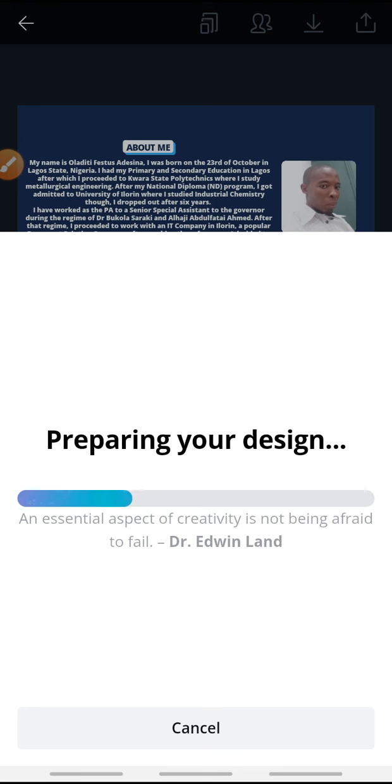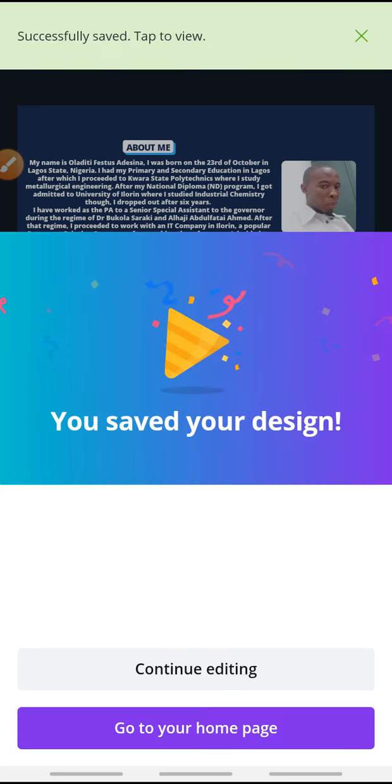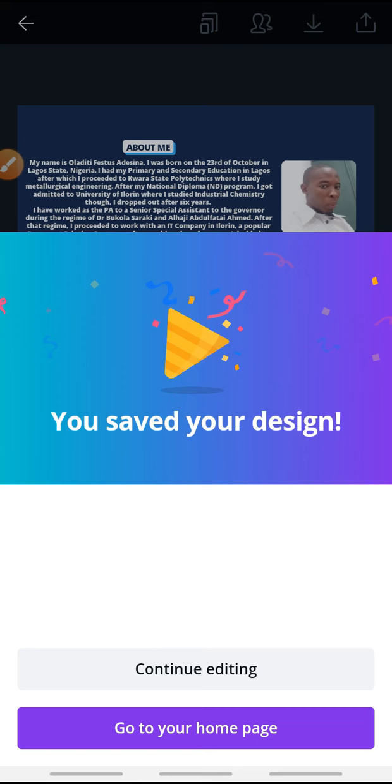Now the time it will take to download is a function of how heavy your work is. You understand? If I had not increased the size, if I had left it as 1, it would have finished downloading by now. But because I increased it to the highest, which is 3, don't forget the size of the design by default is meant to be 1080 by 1080. Okay, it has finished saving. I started off by making it in triple form, like I multiplied 1080 by 3. That alone will make my work heavy. I'm now also exporting